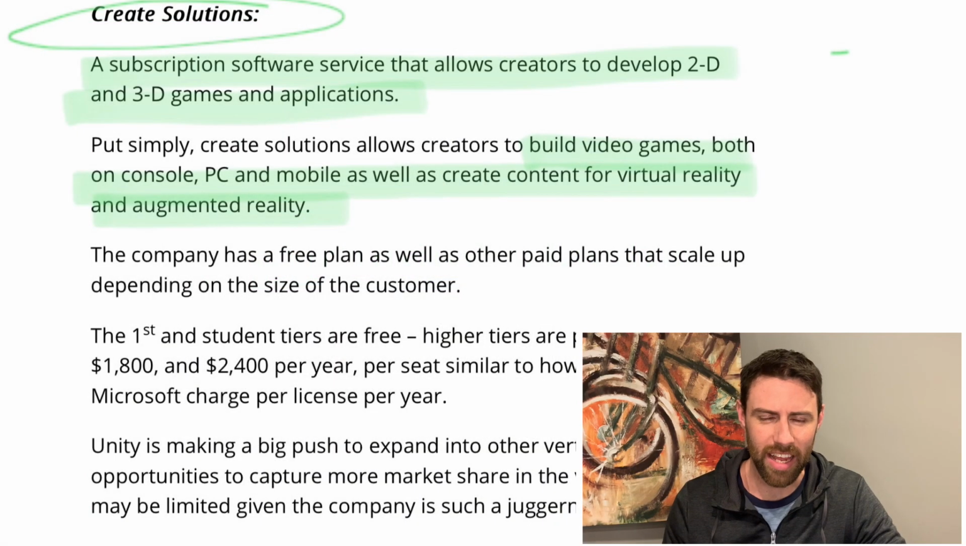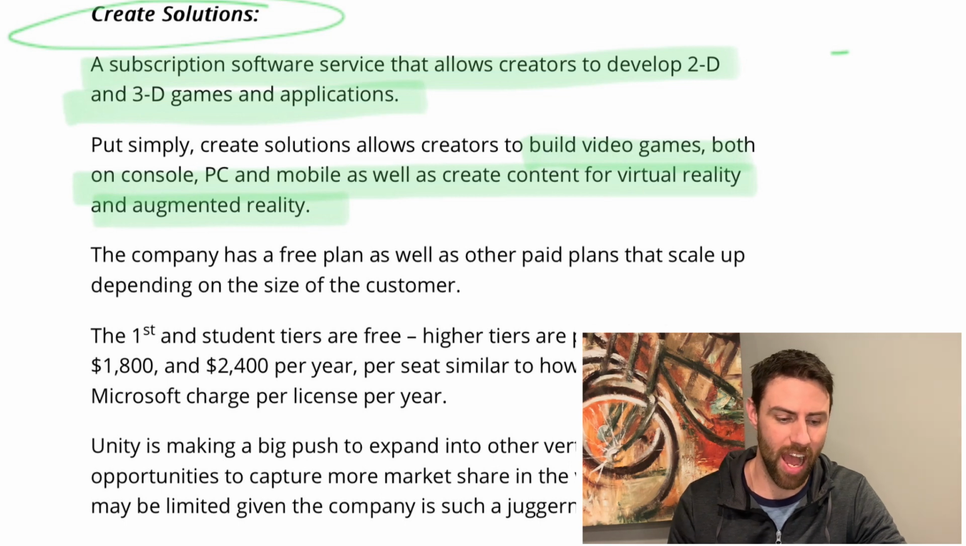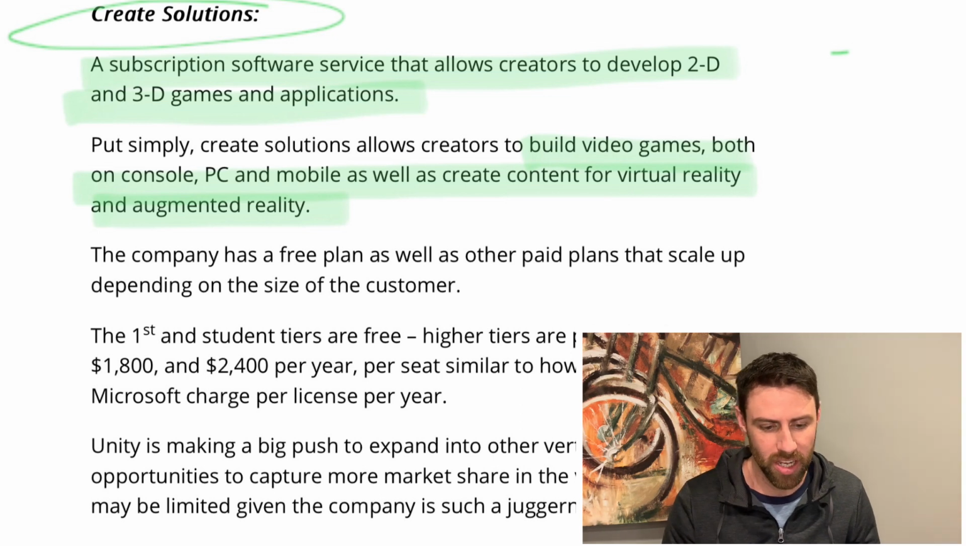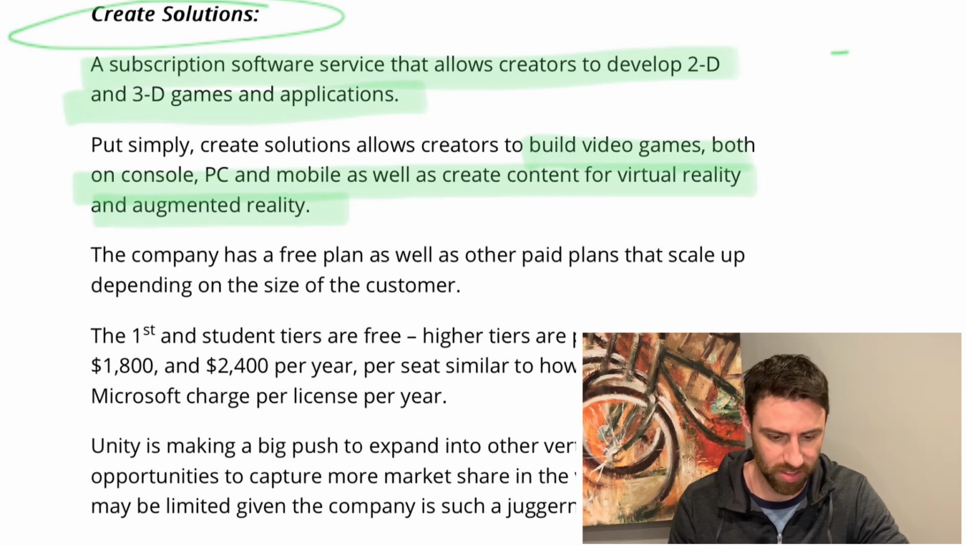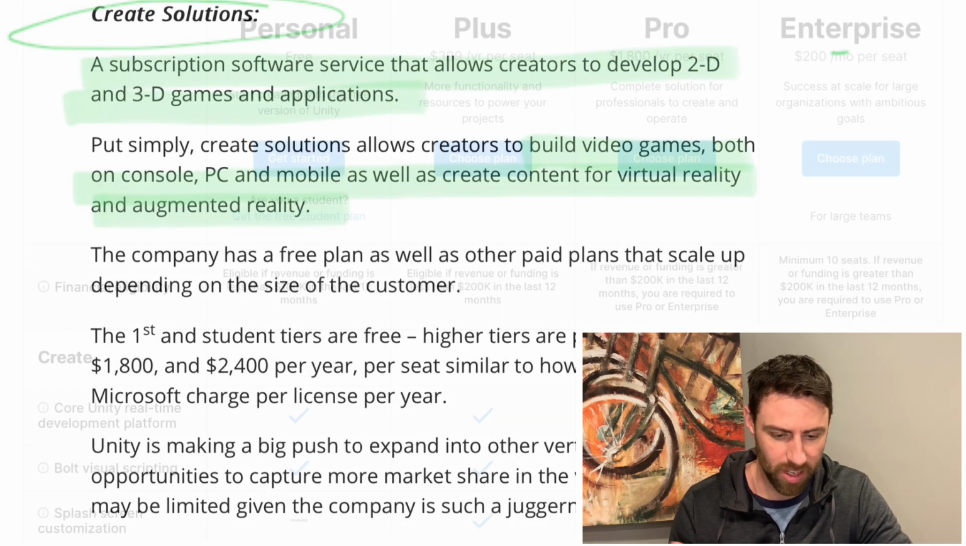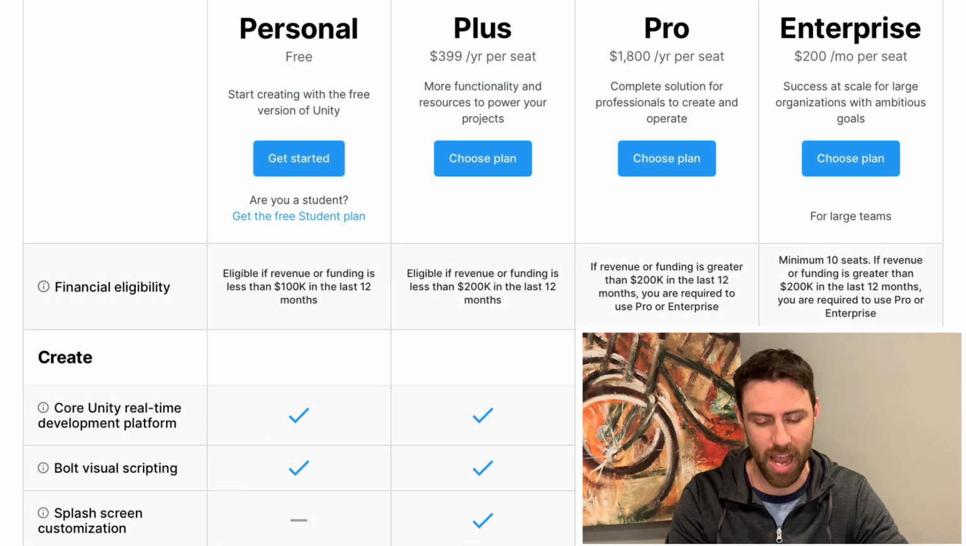So I didn't really get into it too deeply in my last video, but I wanted to talk about how Unity actually makes their money and their fee structure. So they basically make their money through two segments. They have what they call create solutions, and it's basically a subscription service that allows developers to create and develop 2D or 3D games and applications. And they can build those for both console, PC, or mobile, and can create virtual reality and augmented reality content